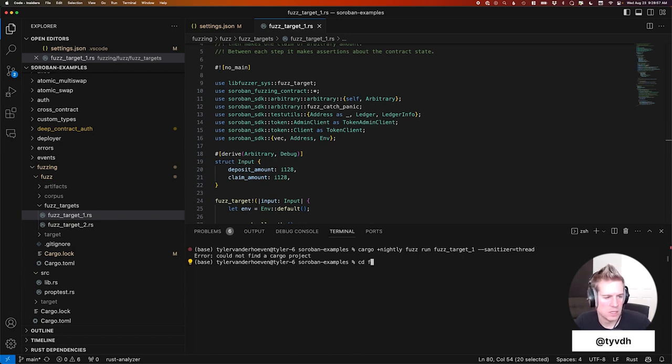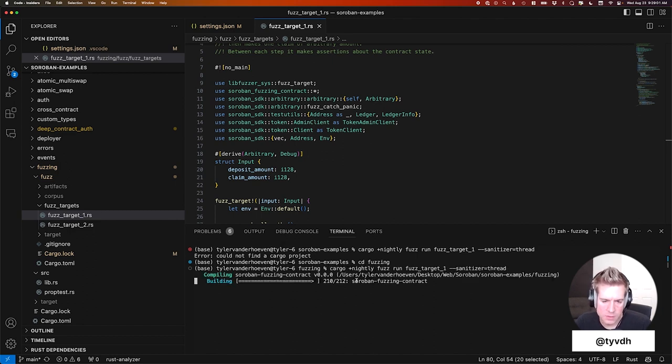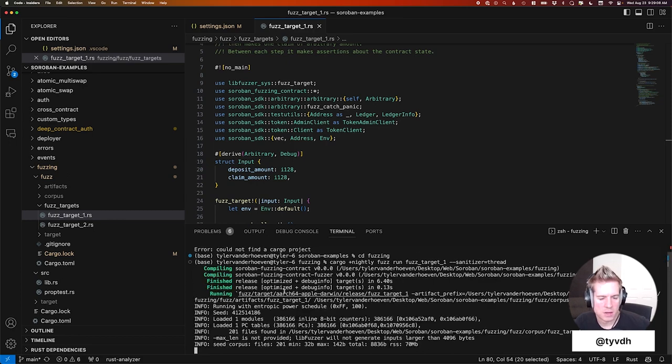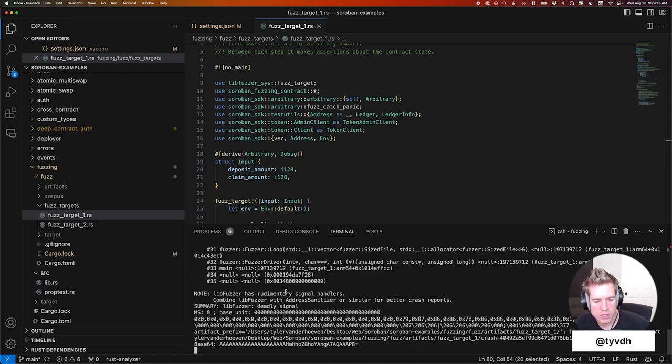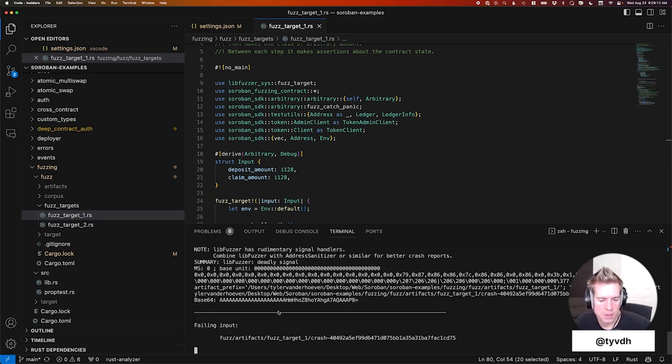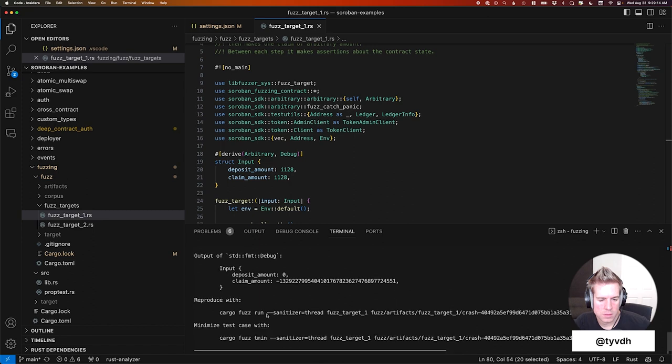We need to cd into the fuzzing directory before we call that. And so this will stand up and run the fuzz tests against that contract, but I think pretty quickly we should hit an error. And that'll spit out. And we can see that our deposit amount is 0, which it should not be allowed